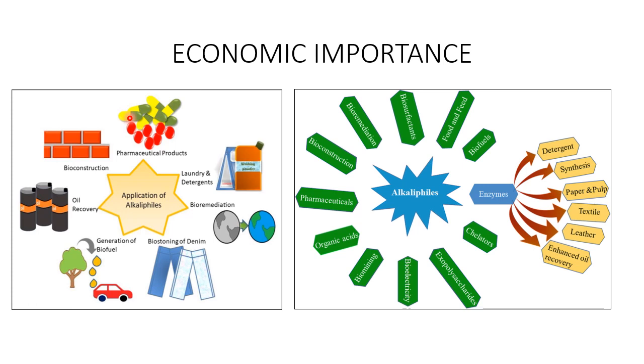Then next is biogas production. Alkalophilic microorganisms are used in anaerobic digestion processes to produce biogas from organic waste material. Certain alkalophilic bacteria and archaea are capable of breaking down complex organic compounds under alkaline conditions, leading to the production of methane-rich biogas that can be used as a renewable energy source.